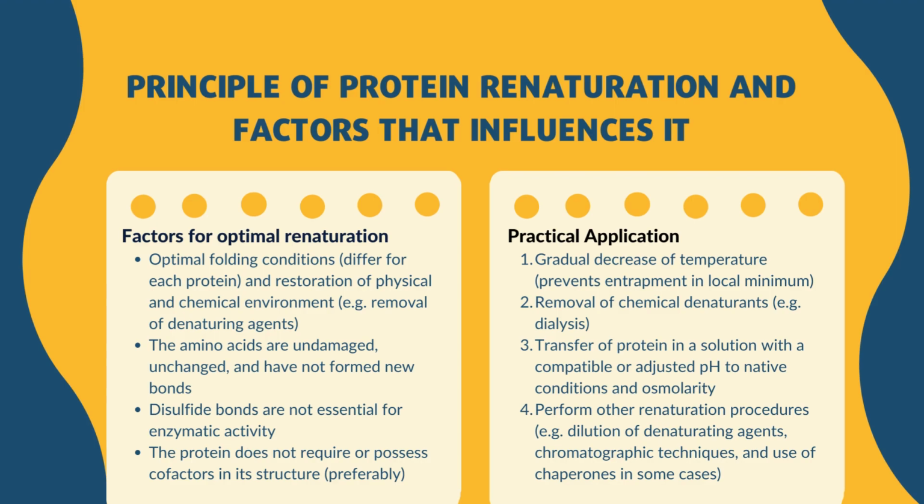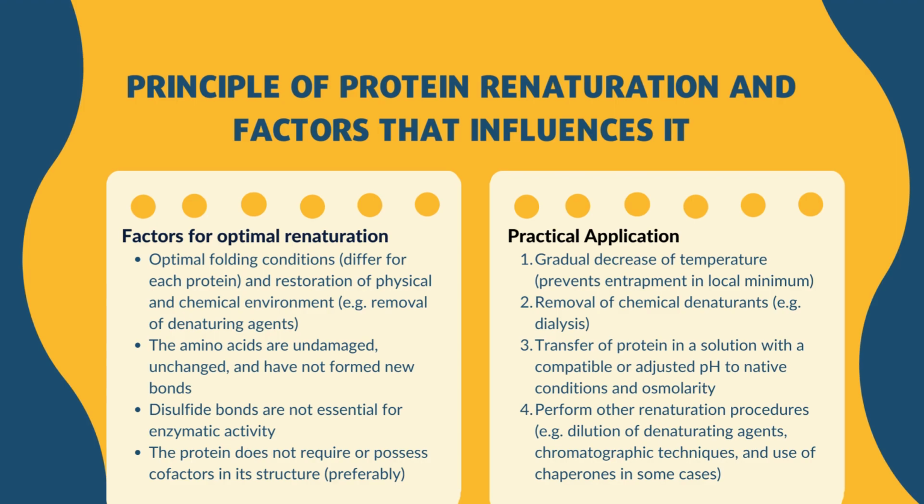Often in practice, temperature is first gradually reduced during protein refolding to safely restore the native conditions of the protein. If a sudden temperature change is performed, the protein may be trapped in a local minimum rather than reaching its native state, with insufficient energy to escape the local minimum. Then, chemical denaturants are removed through methods such as dialysis. These include chaotropic compounds and reducing agents like mercaptoethanol. Some of these techniques were actually employed in Anfinsen's experiment.